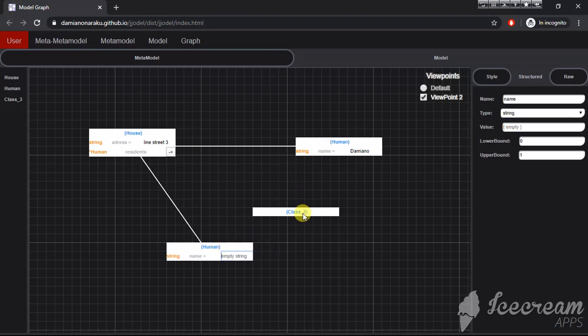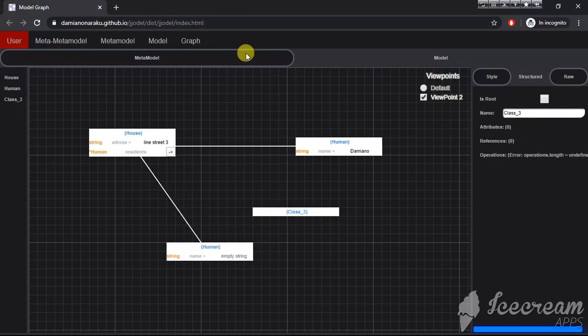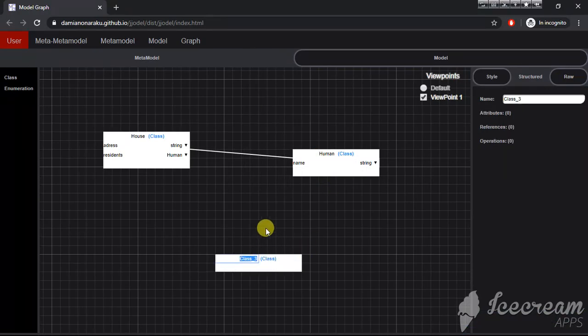Okay, now let's fill class 3, for example, with the identity card, that should have